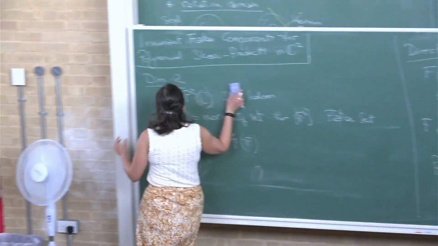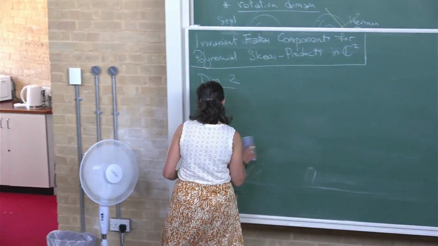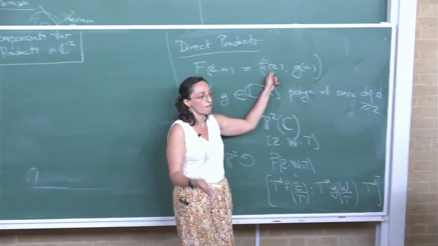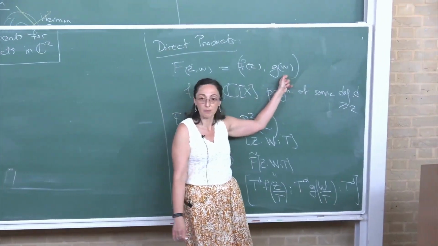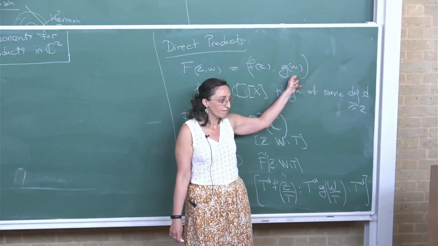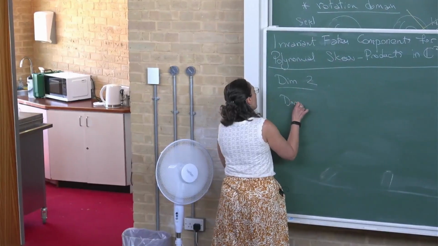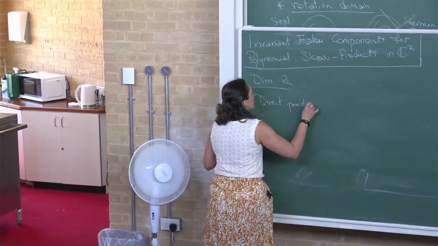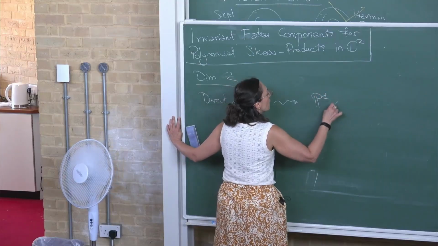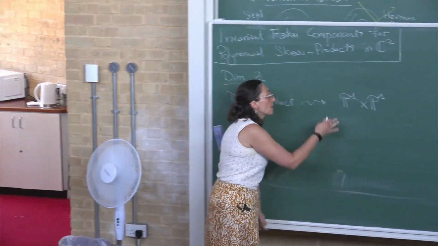Well, what makes more sense, if you are considering really direct products, you might want to say, okay, this is a one variable one, this is a one variable one, it's a polynomial, I can extend it to P1. And so actually a direct product gives you more of a map in P1 cross P1. And why do I talk about this? Because in here,